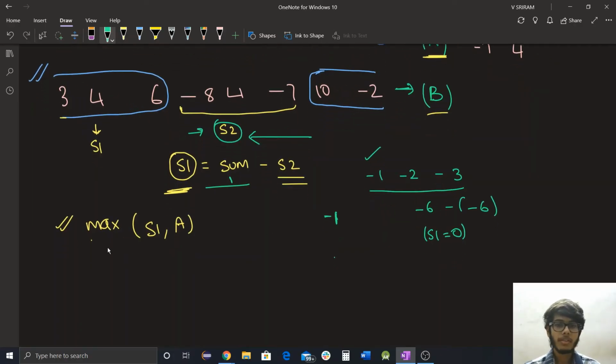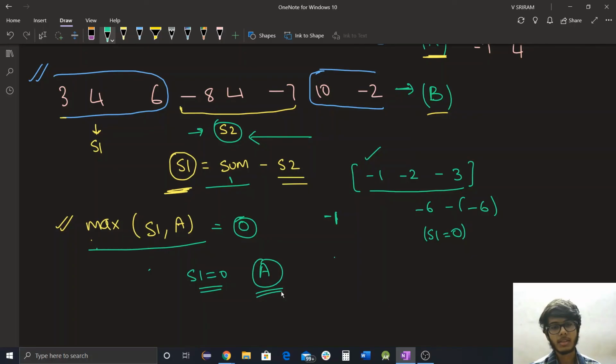So when we calculate our answer using this formula, the answer we would get would be 0. But 0 is not a valid answer in this case, because there is no subarray the sum of whose elements is 0. So what we can do is, if the value of S1 comes out to be 0, then whatever the value of A is, that would be our final answer. In this case, the answer is -1.